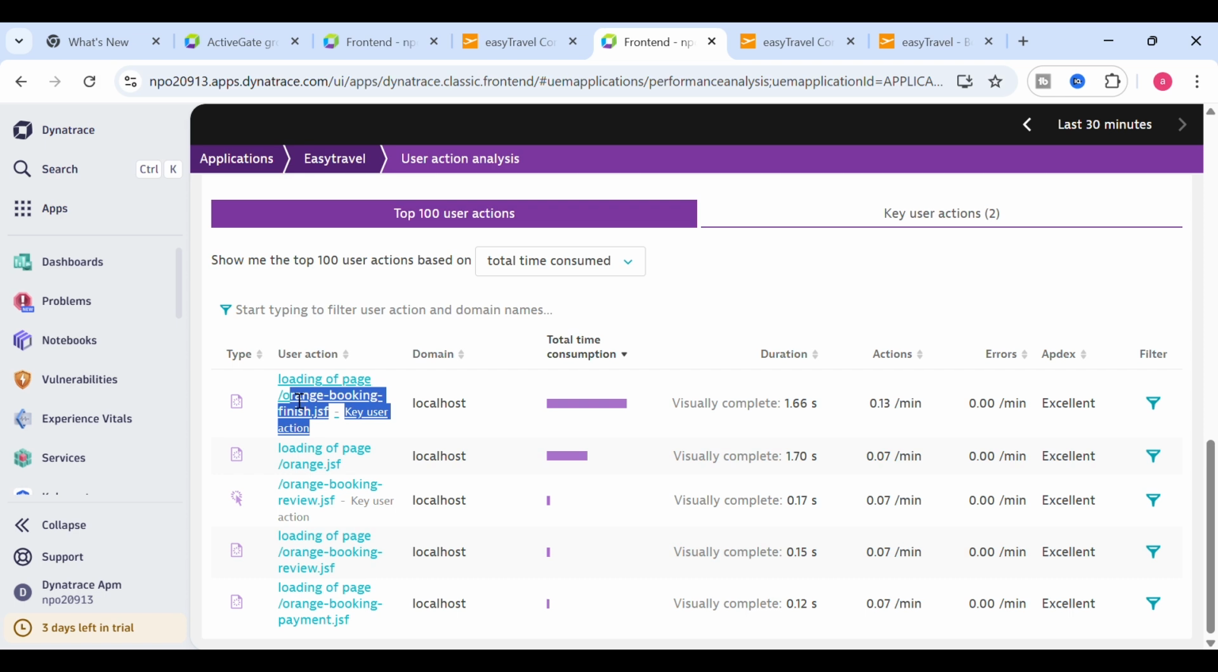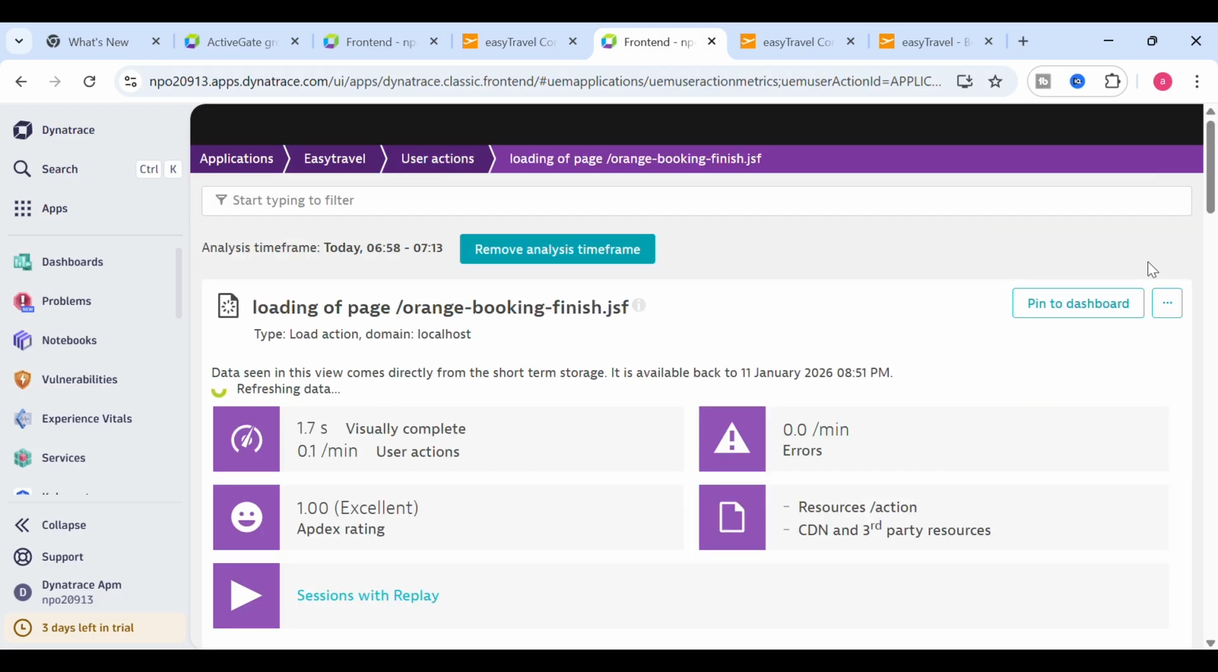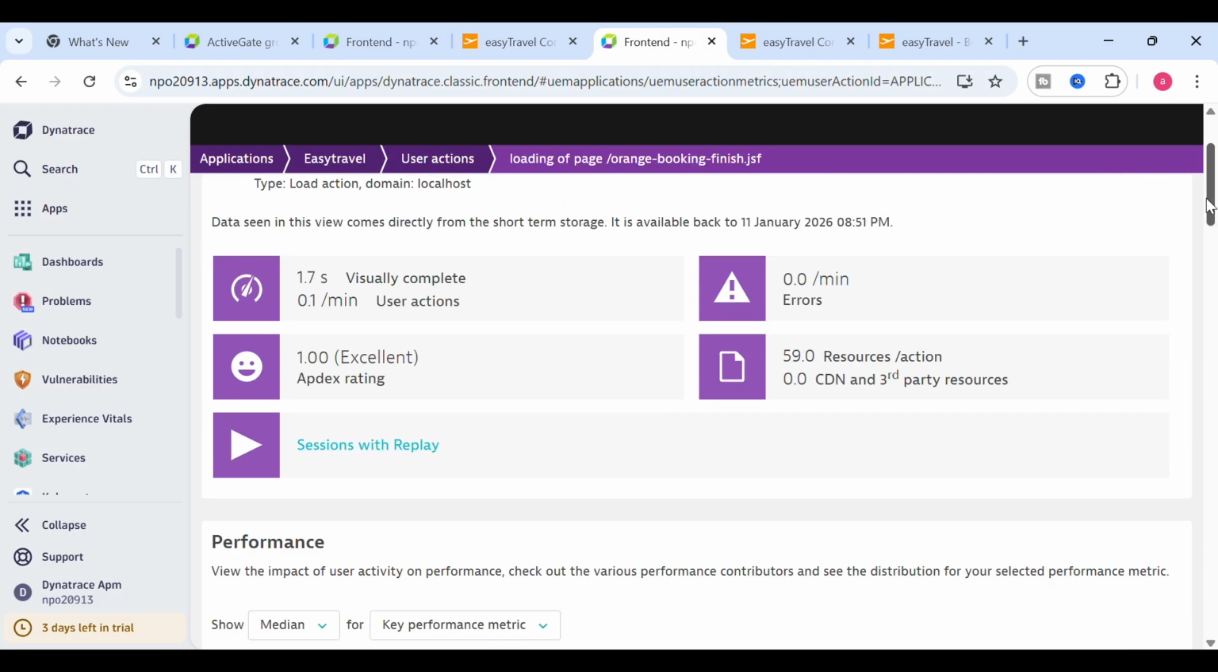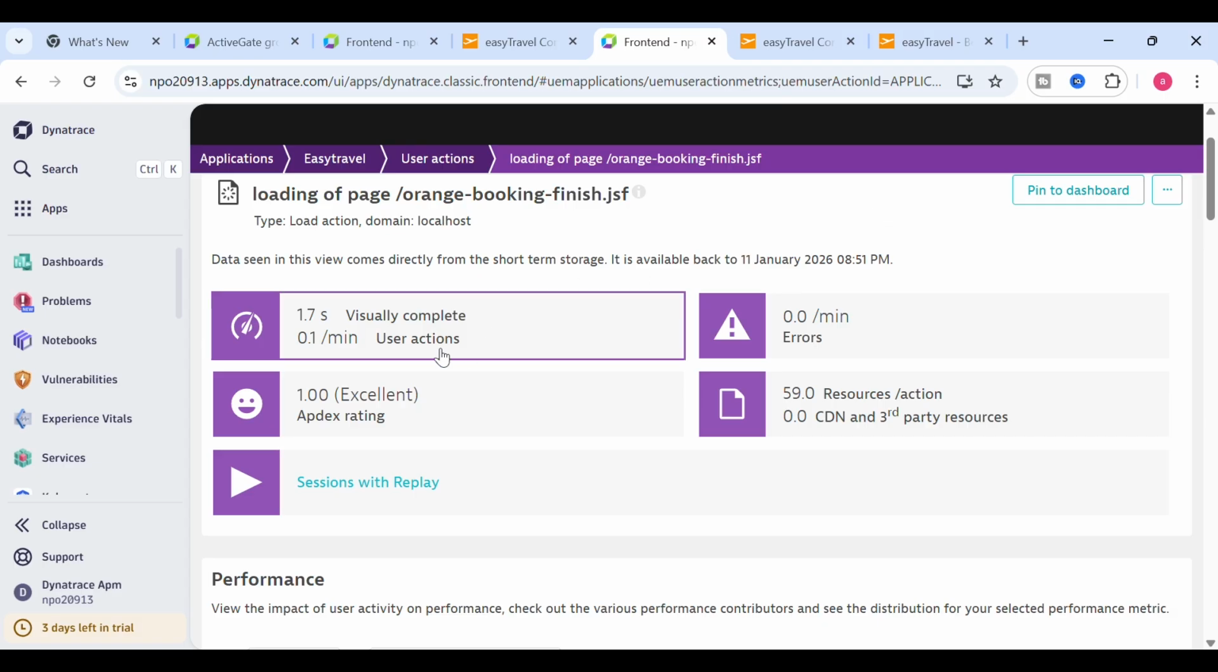In your case, it might be any of the actions. Similarly, you can perform those actions and mark them as a key user action, which I have shown in part 1. And once you have marked it as a key user action, of course you can just open this and track it from here. You will be able to view all the metrics like the time taken to visually complete, the Apdex rating, or the errors, and you can